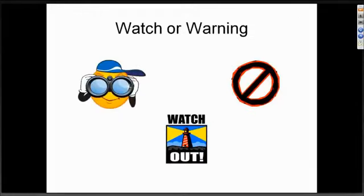Now, if you were a live audience, I would ask you this question and you'd be able to weigh in, but I want you to answer this question to yourself right now: what's the difference between a watch or a warning during a tornado or a severe thunderstorm? Okay, sometimes we get a little confusion around this, and a watch is just that, when they're watching out for a tornado or a severe thunderstorm. It is not there yet, okay? That's a watch,